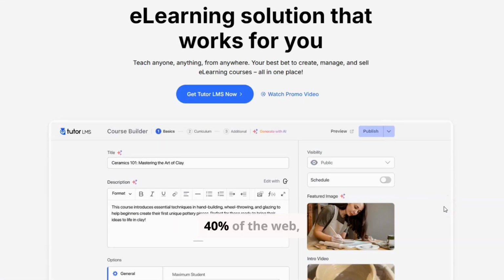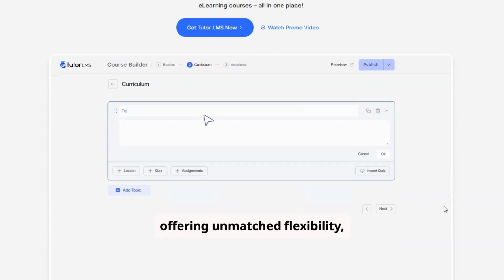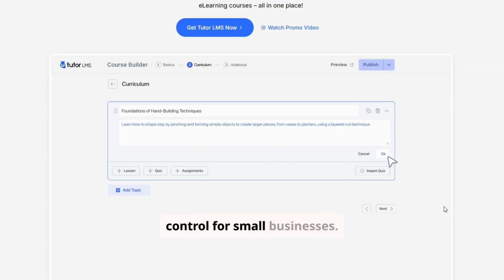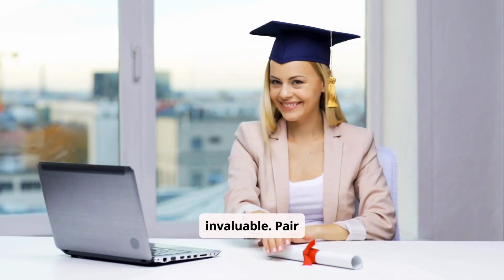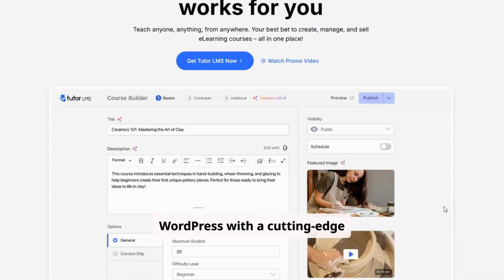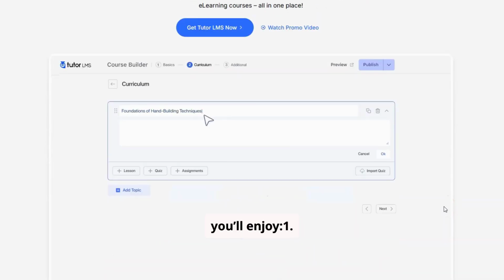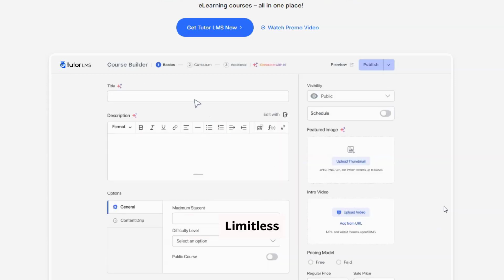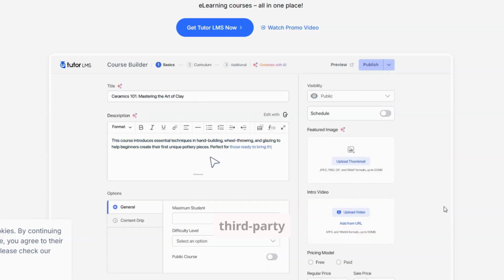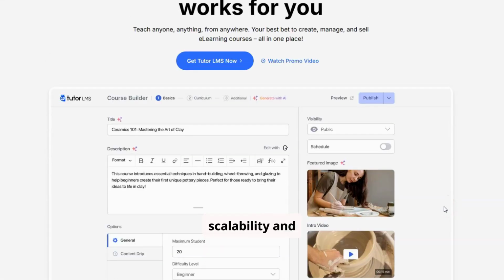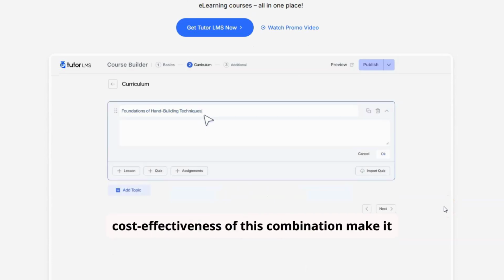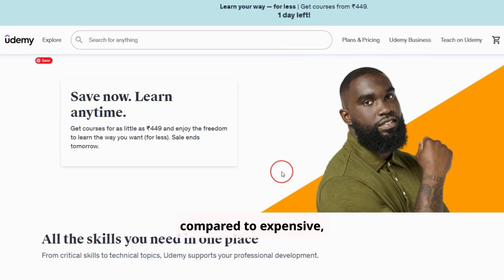WordPress powers over 40% of the web, offering unmatched flexibility, customization, and control for small businesses. For e-learning, these attributes are invaluable. Pair WordPress with a cutting-edge LMS like Tutor LMS, and you'll enjoy full ownership of your learning platform. Point 2. Limitless course customization options. Point 3. Seamless third-party integrations without recurring software fees. For small businesses, the scalability and cost-effectiveness of this combination make it the ideal solution when compared to expensive, standalone